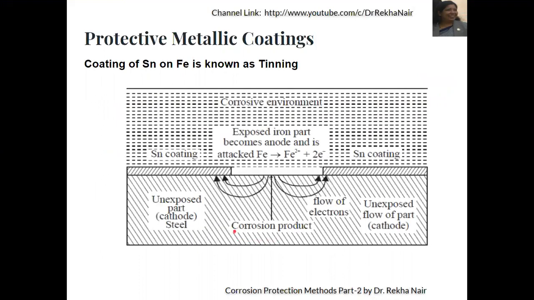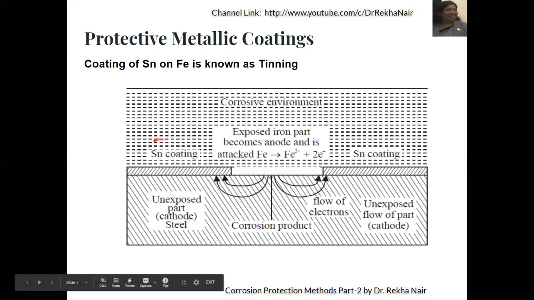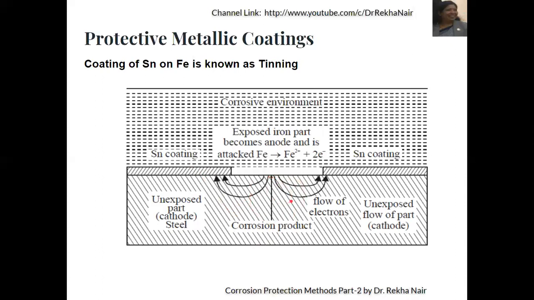See, here we are having tin coating. This is tin and this is iron, and the tin coating is cathodic to the metal iron. Whenever there is the coating, if there is no non-uniformity and it is stable, there is no problem. But if there is any scratch or any disturbance in the coating, then the exposed part, that is our iron or steel, whatever we take, is exposed and it is anodic in nature. Because the coating is cathodic, the base metal is anodic in nature.